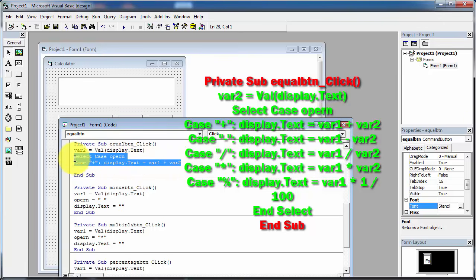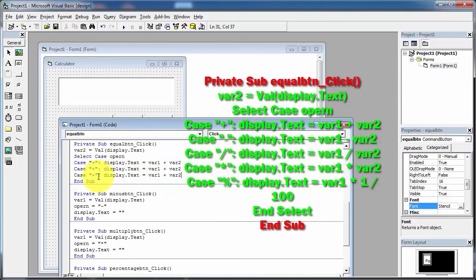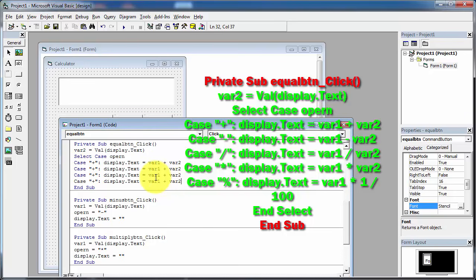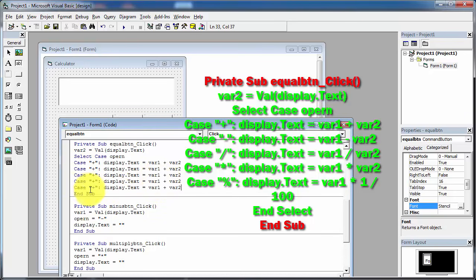I am just copying this particular case, Control C, and here paste, again here paste, again paste and paste. So second is minus, next is divide, so value will be divided.